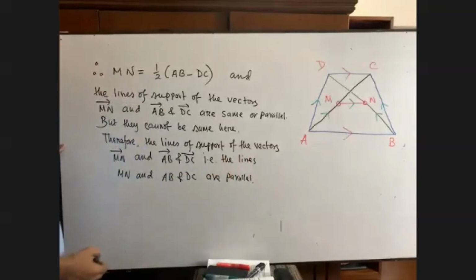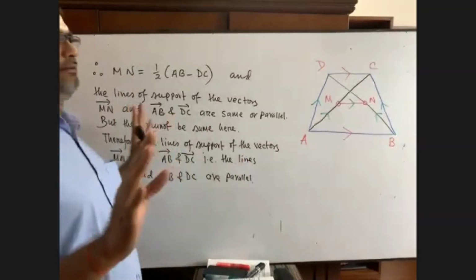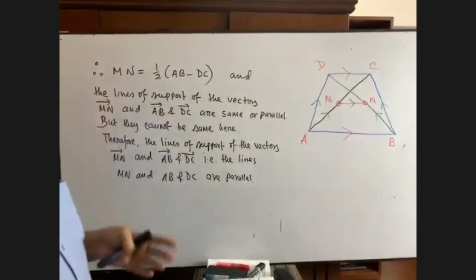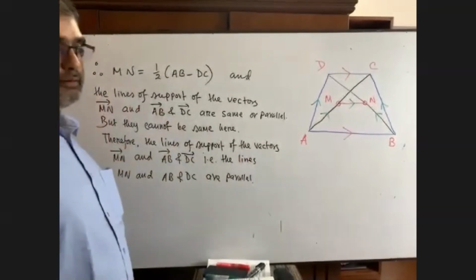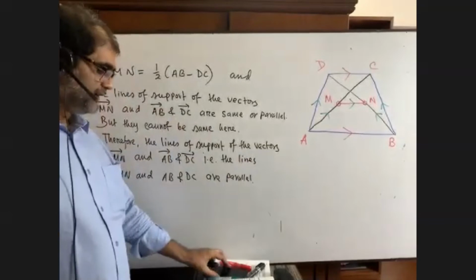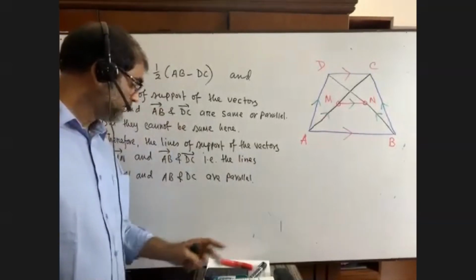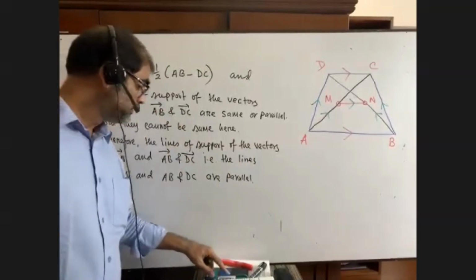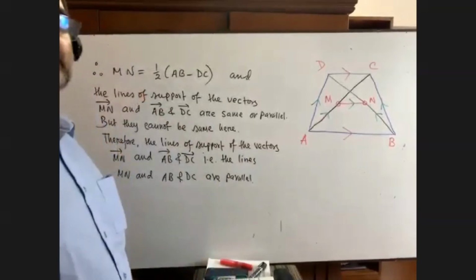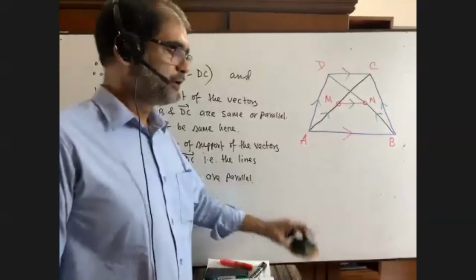This is the most important math to be given in the examination; every year it is given in the exam. Every year, one of the maths from the trapezium will be given. You forget everything, but every year, one of the maths of these two, trapezium, midpoints of the sides and midpoints of the diagonals, is usually always given in the examination. Now it is up to you what you will do.